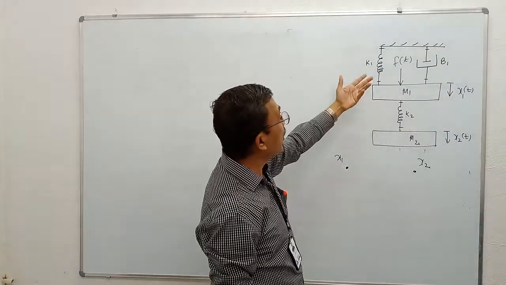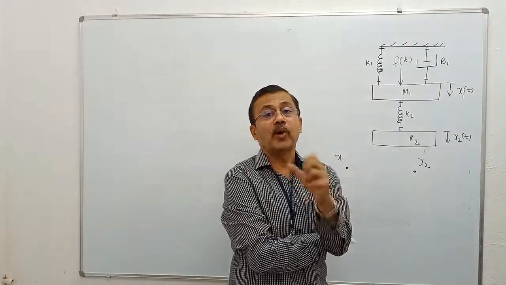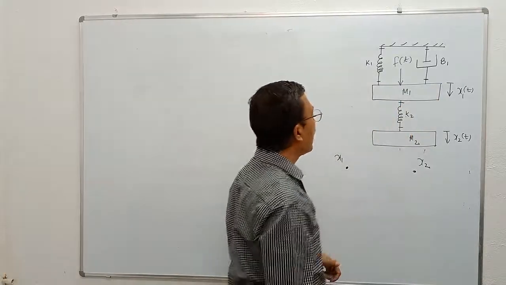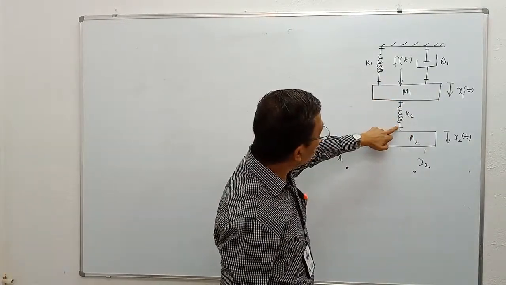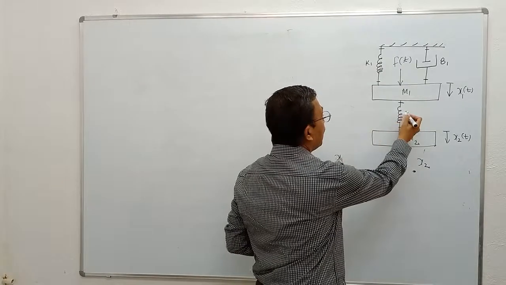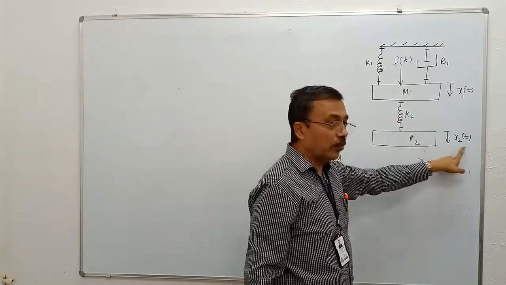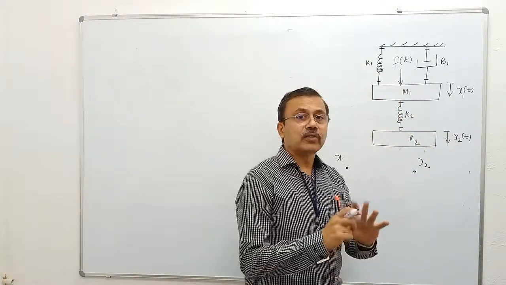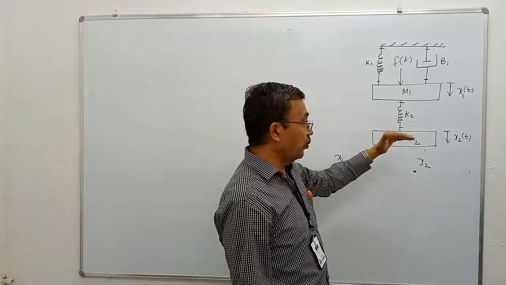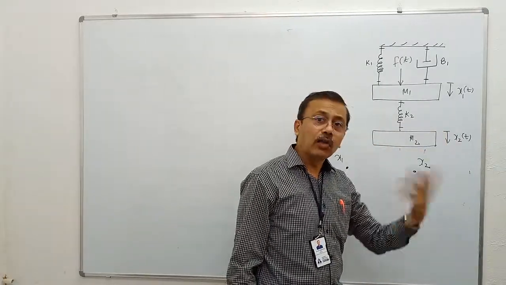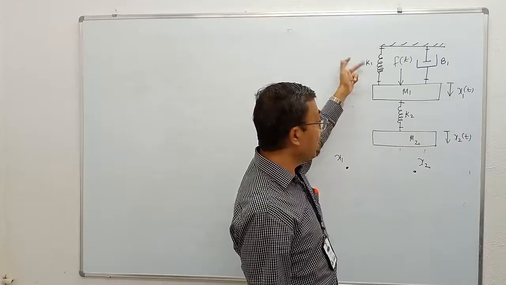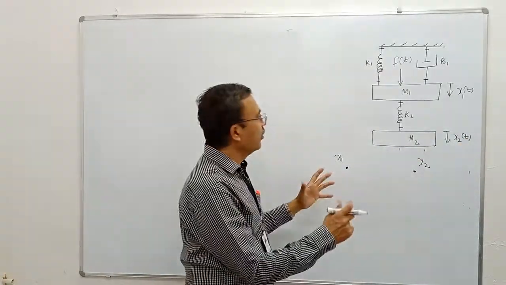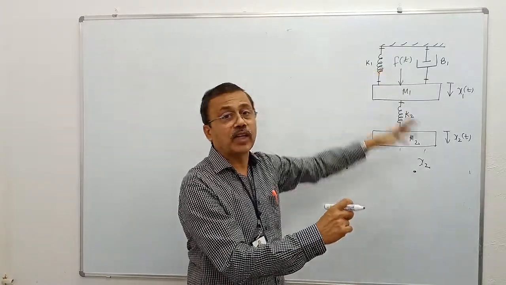Displacements on either side of the masses must be same because mass is a rigid body. Therefore displacement here if it is x1, here also it is x1. Displacement here has to be x2 because this end of the spring is connected to m2 and m2 has a displacement equal to x2. On one side it is x1, on the other side it is x2. So, minimum number of displacement criterion is met. Also the criterion that displacements on either side of k and b must be different is also met. Now the data is sufficient to start the solution.